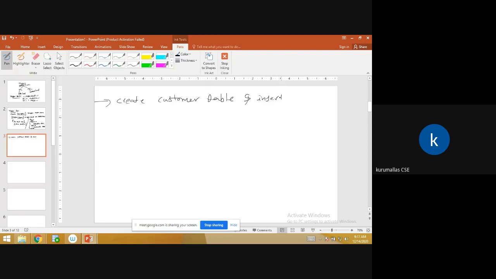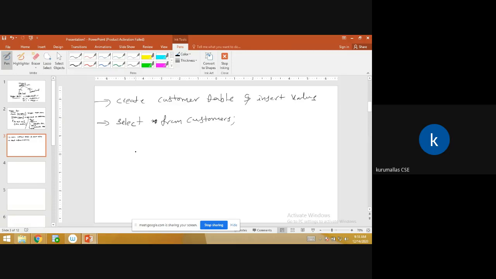This is the first procedure. I created one table, the customers table. I need to see the values. You know how to see the values from the customers table: SELECT * FROM customers.